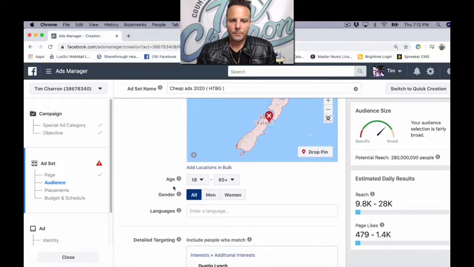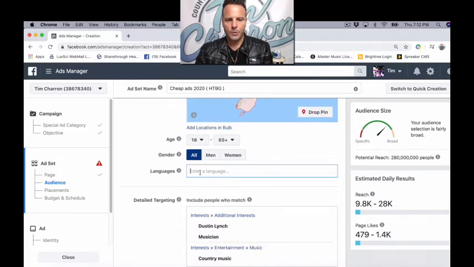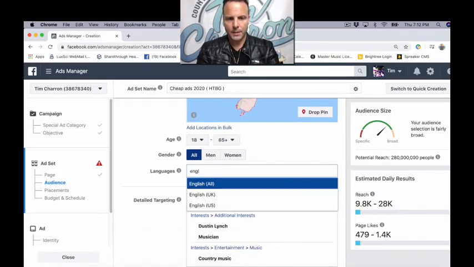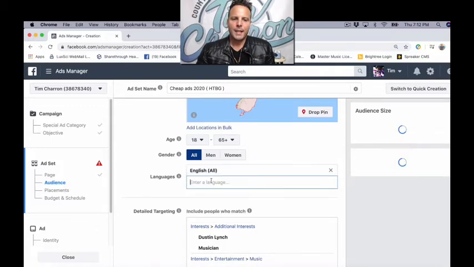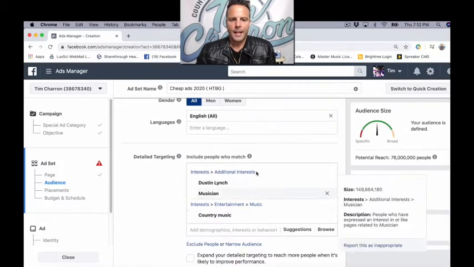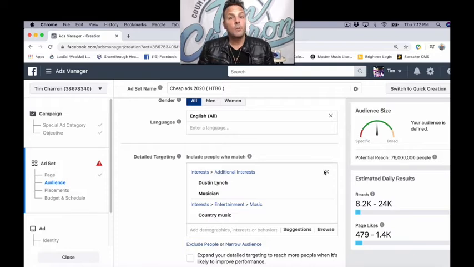So for this purposes, you can put your age range, you can put gender, but I'm just going to keep it as it is to keep it simple. You want to do English, all. And so this is where your genre comes in. And I'm always preaching how important it is to know your genre and what kind of music you play and how to define it and the famous artists that you sound like. So this is a perfect example of,